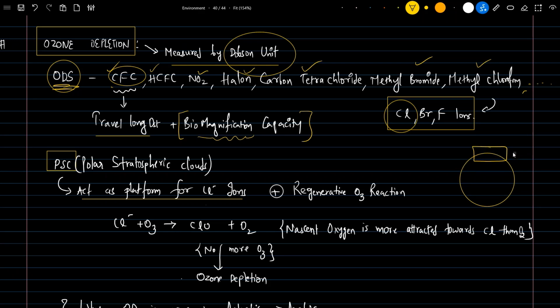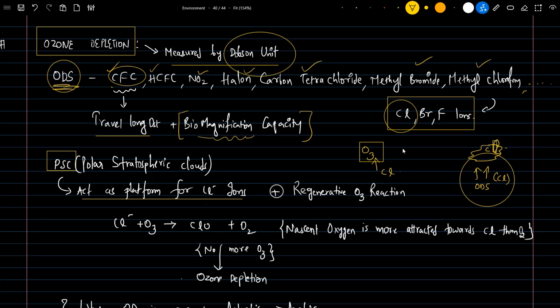In the polar stratospheric cloud, let's say there is a cloud formation, and ozone depleting substances are released. Let's say chlorine is released. These chlorine ions get attached to the polar stratospheric clouds. We know there is ozone present, and we have chlorine coming from ozone depleting substances. So what happens when this chlorine